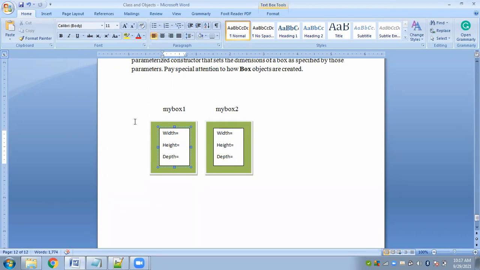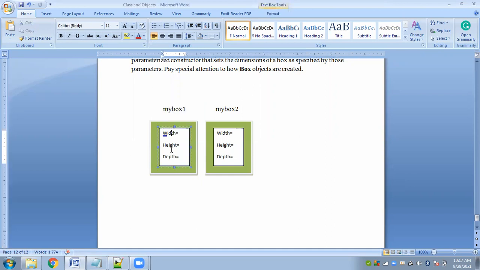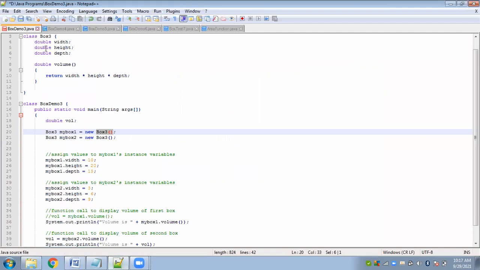So in order to give values to width, height, and depth of my box1 object, how am I going to do it? Width, height, and depth belong to what? This class. Yes, but how can I access these data members? With the help of the object that I have created.